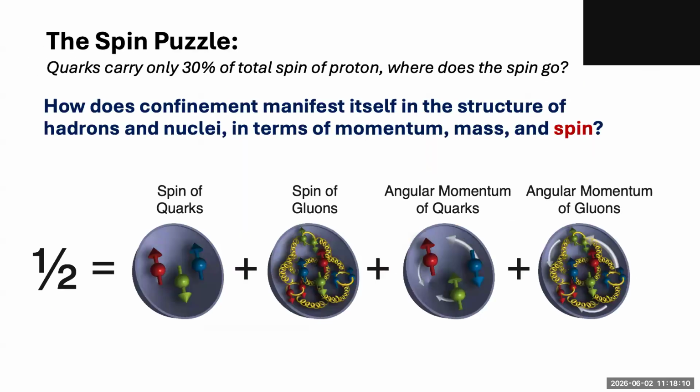All right, spin. How do we understand spin? This is also very fun, because naively you would say, okay, the spin of the proton should be the spin of the quarks. Can I erase it? Probably. So if you think about the quark model, the spin of the proton in a